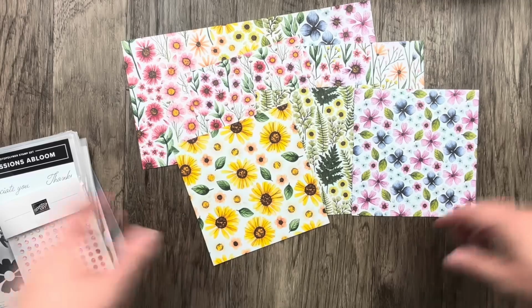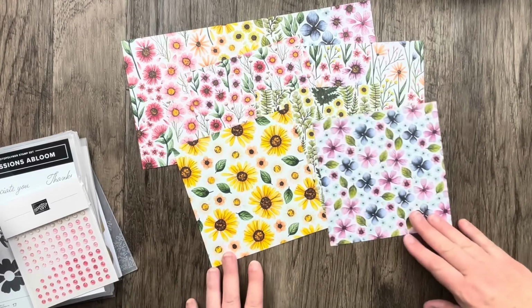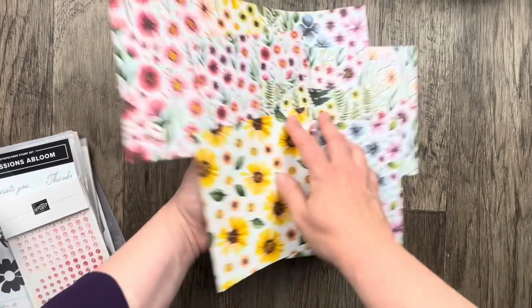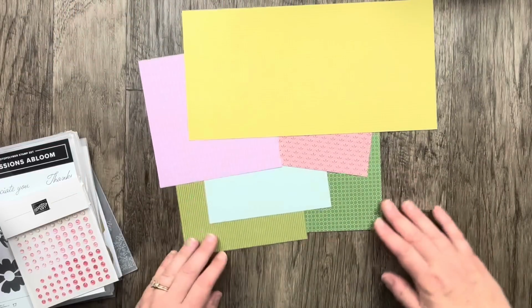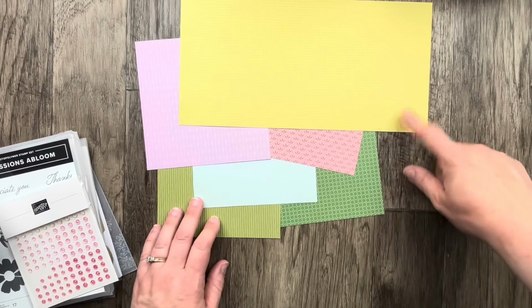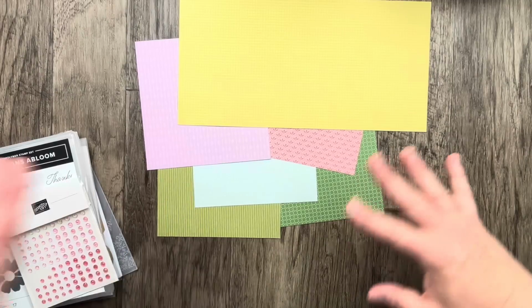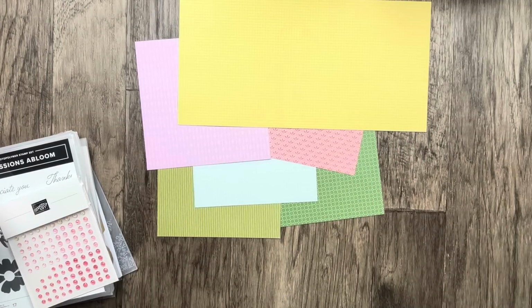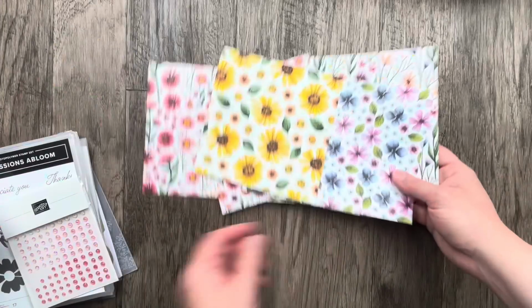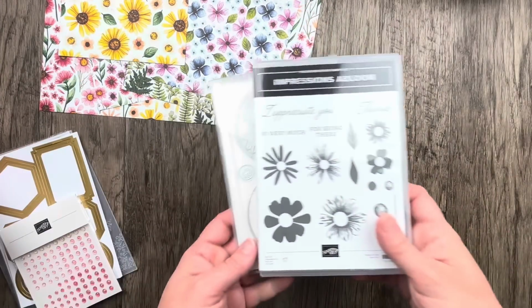I mean, probably just any color that you have, you're going to be able to pull into, match this designer paper. And then you flip it over and you've got some great B-side patterns, including some Garden Green and Old Olive, Darling Duckling. So these patterns can be mixed and matched and go with just about anything. In addition to the beautiful designer paper, we have a coordinating stamp set called